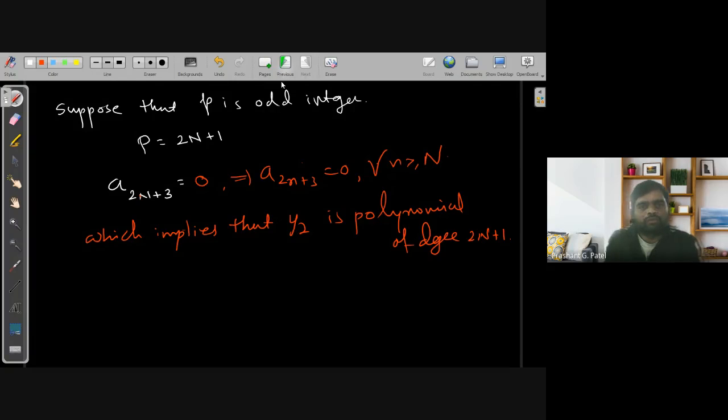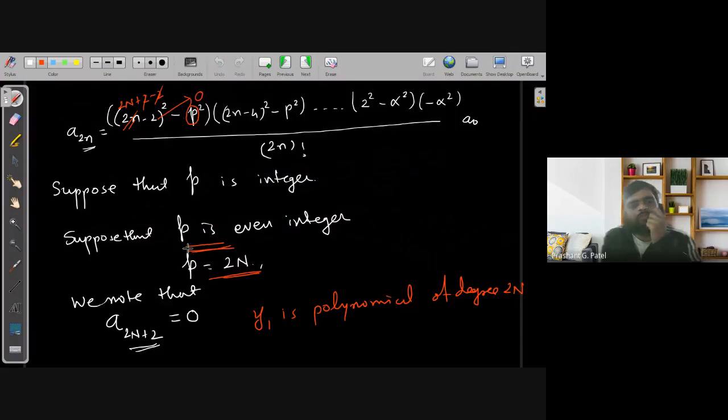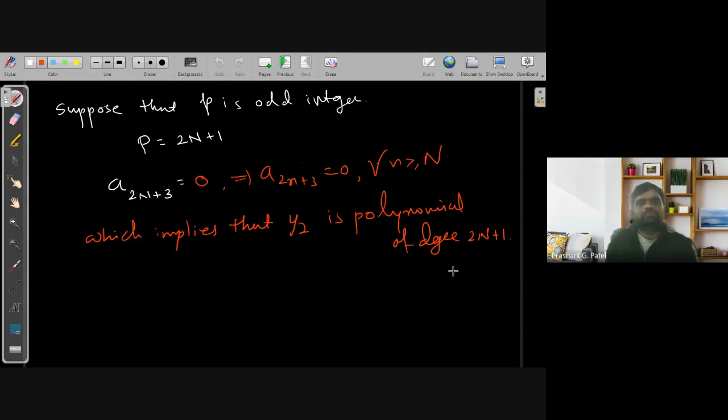Now you must also observe that if p is an even integer, then this y1 is a polynomial of degree 2n, and if it is an odd integer, then this y2 is a polynomial of degree 2n plus 1. So ultimately what we can say is this,